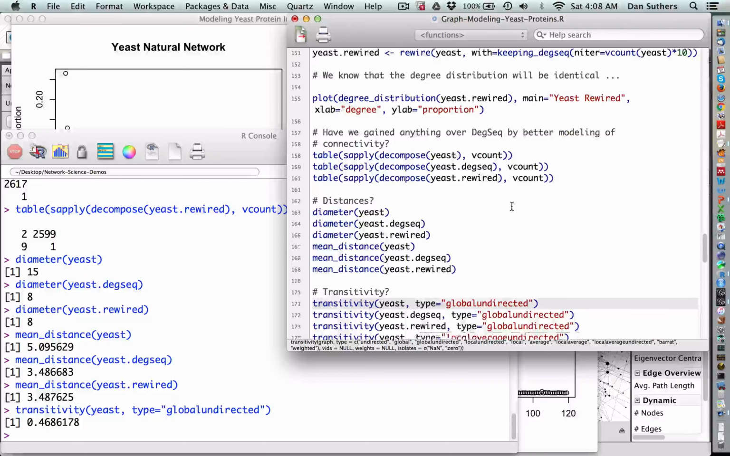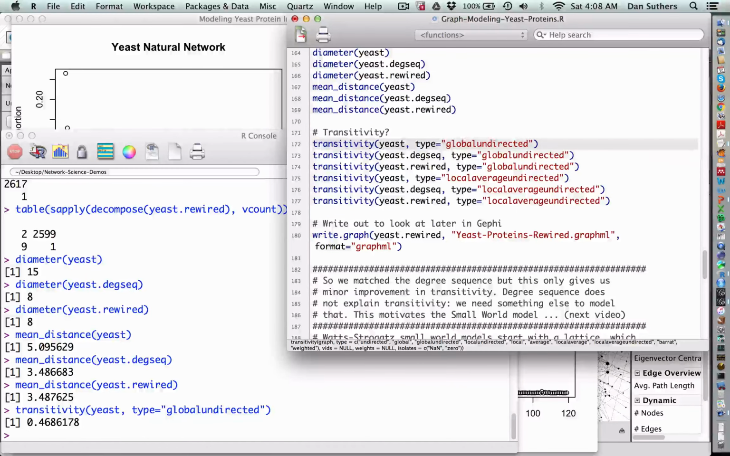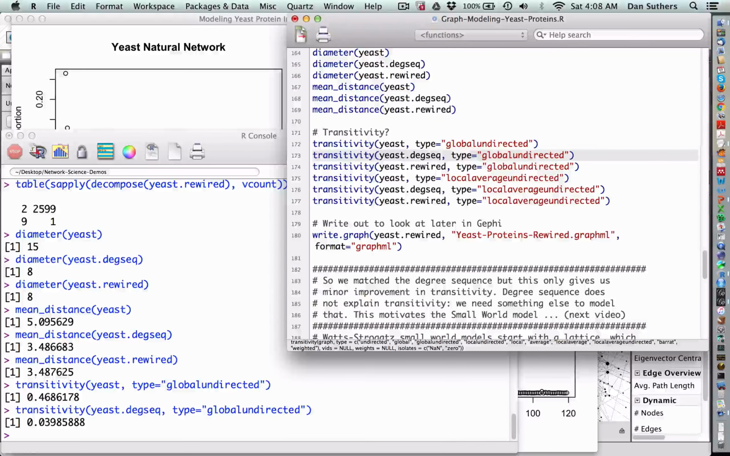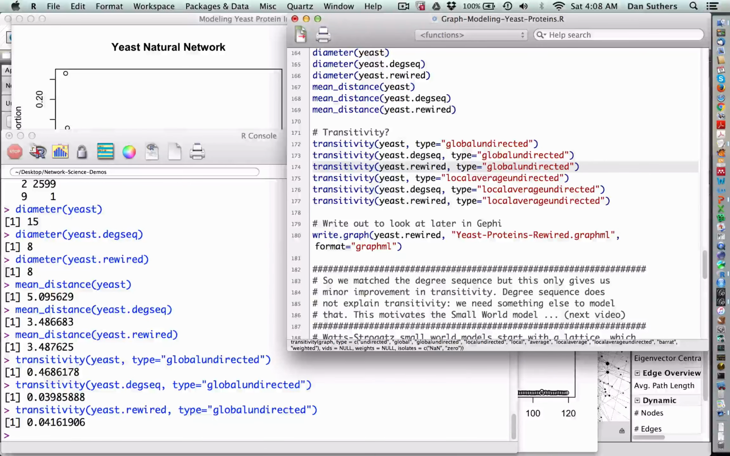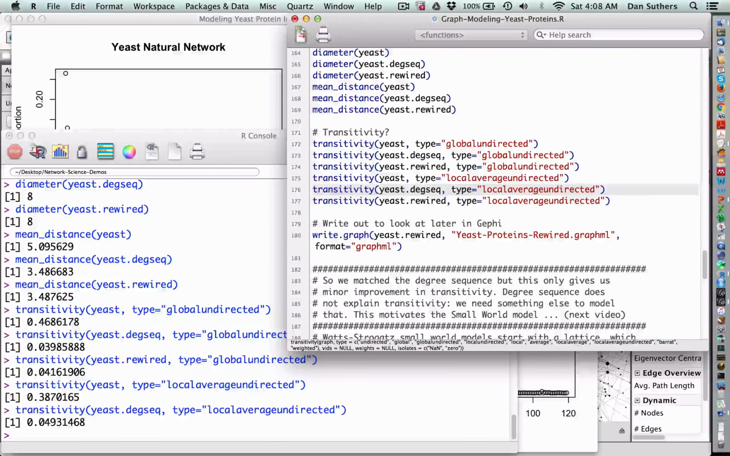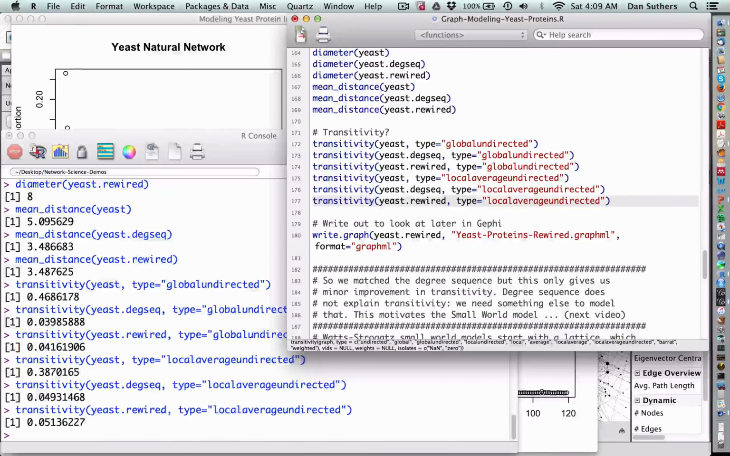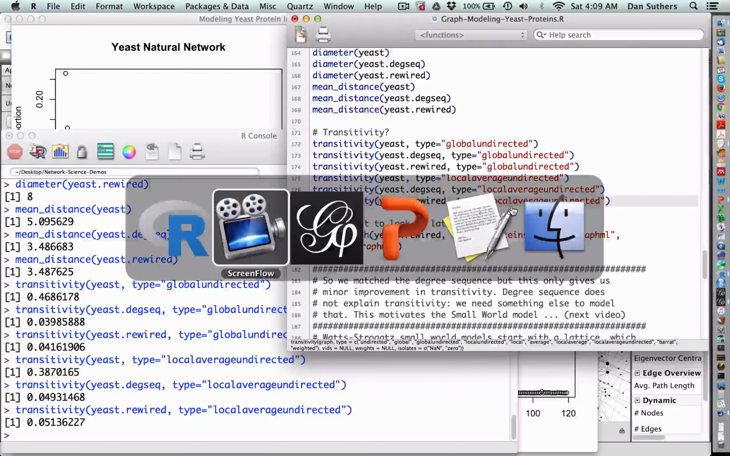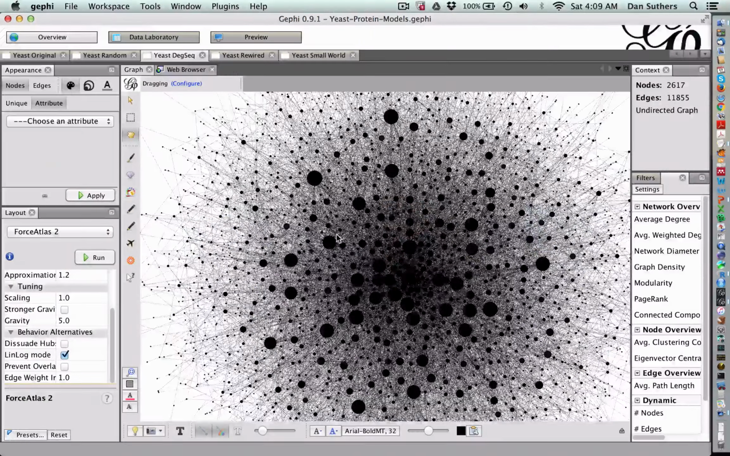Transitivity, here's the global transitivity of the original. Here it is 10 times too low, the degree sequence, and the rewired one just slightly higher, but really not different at all. So again here, just slightly higher, but not really much at all. So it's basically the same model. It's not giving us a whole lot more, although one advantage of it, if we go to Gephi, and here I've read it in, the rewired one,